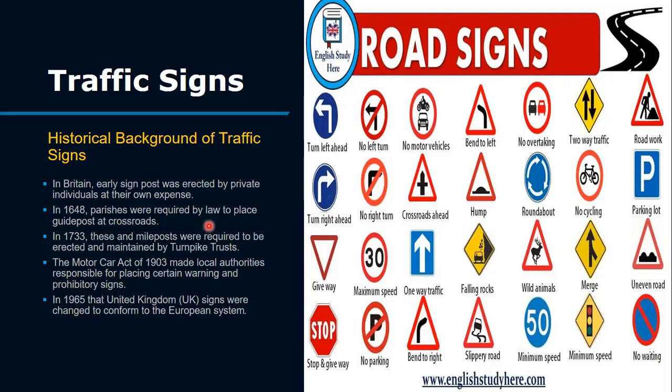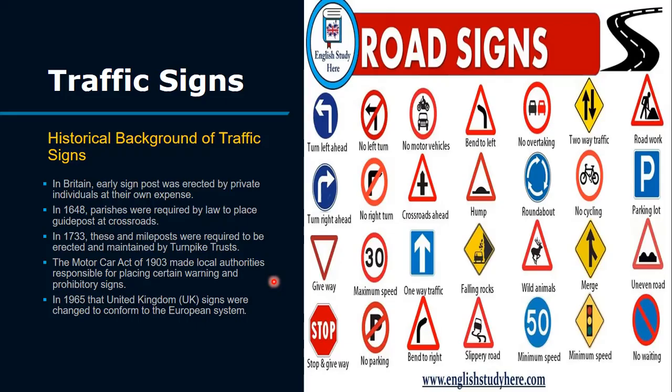So the historical background of traffic signs. The early signposts were erected by private individuals in Great Britain at their own expense. In 1648, parishes were also required by law to place guideposts at crossroads. Aside from that, in 1733, signposts and mileposts were required to be erected and maintained by the Turnpike Trust. And the Motor Car Act of 1903 made local authorities responsible for placing certain warning and prohibitory